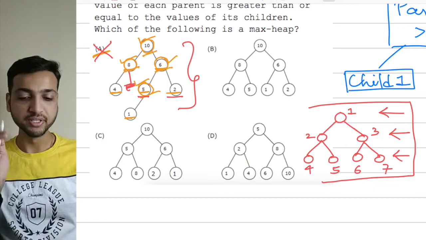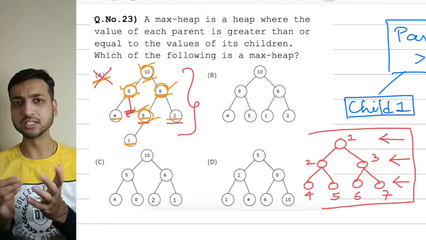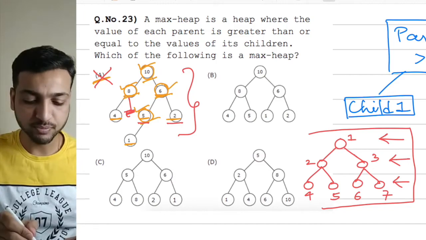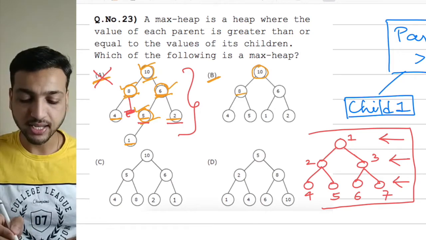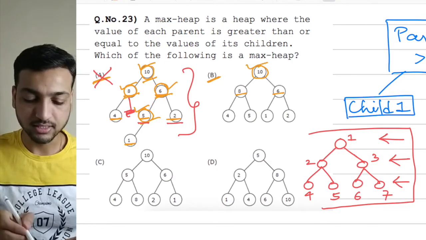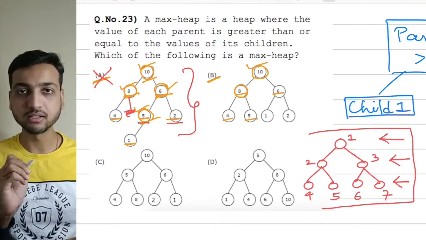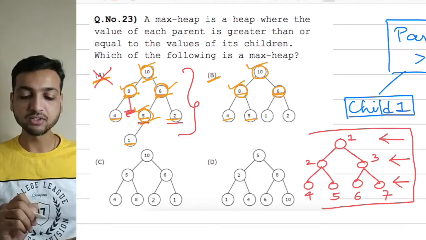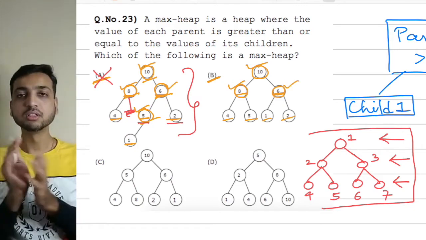We have to go now to option B. The question intentionally doesn't mention this property, I think, to confuse the students, so that they immediately mark A and move ahead. Now in option B, again we have this as a parent node, and this has two kids, 8 and 6. So the parent is greater than the children, no problem. I'm going to mark this with a tick mark. Then we go to this parent node. It has two children again, 4 and 5. Both of them are less than the parent node, so this is okay. Then let's go to 6. 6 is also a parent node, and both its children have lesser values, 1 and 2. So 6 is also clear.